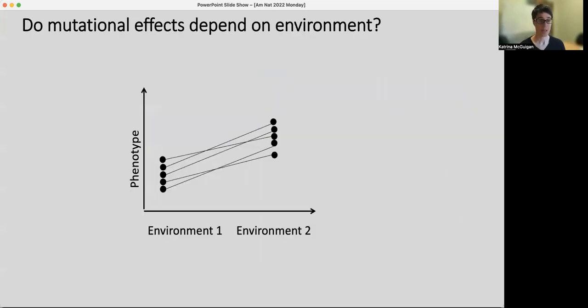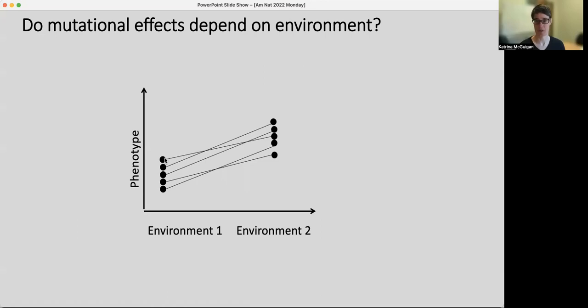Okay. And so the final major bit of experiment that I want to talk about is how mutation effects might depend on environment. So there's no mean effect, but that doesn't mean that that average was a reflection of mutations having consistent effects across environments. It could be mutations having effects only in some environments and not the others. So when we think about genotype by environment variation, we think about this classic kind of differences, non-parallel slopes.